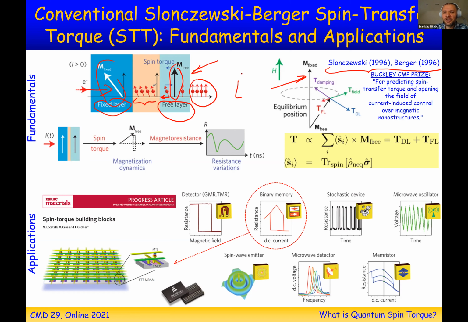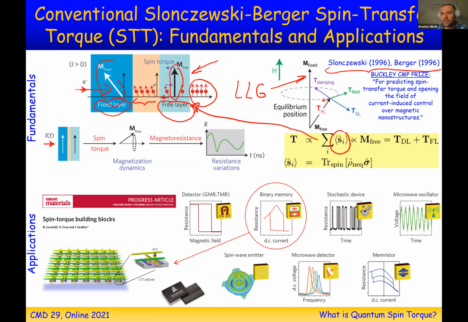Magnetization is free, but it has a fixed length, which is the requirement of the Landau-Lifshitz-Gilbert classical equation. And then the only thing that you need quantum mechanics for is to compute this non-equilibrium spin density, which is pretty much the electronic spin density in the second layer. And once you take the cross product between the non-equilibrium spin density and this classical vector of magnetization, you will get